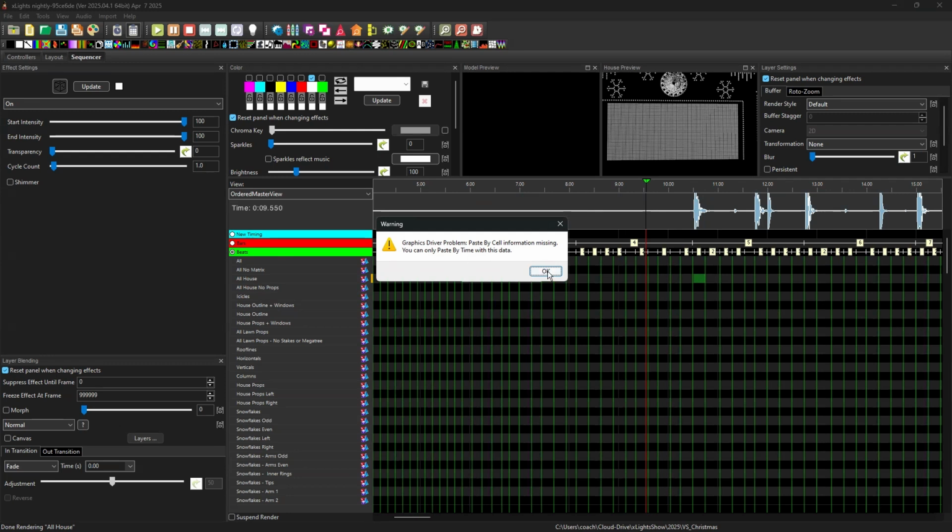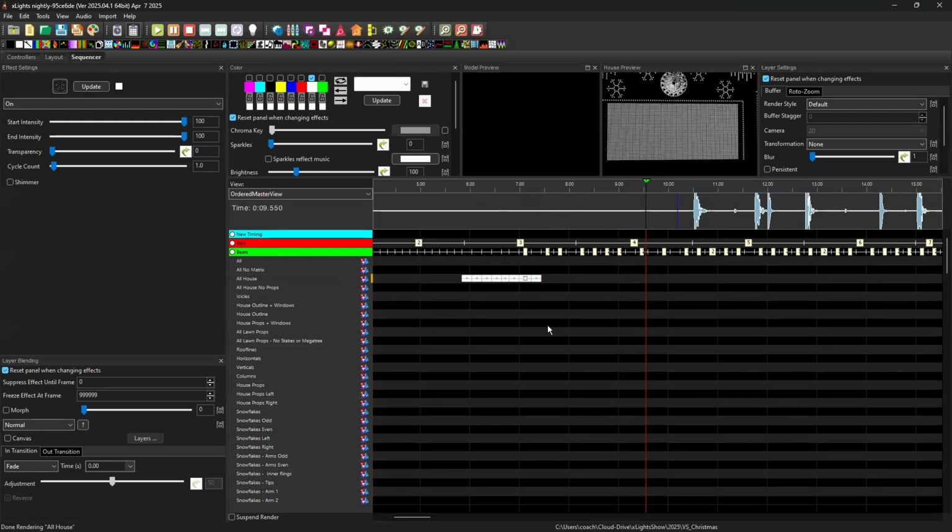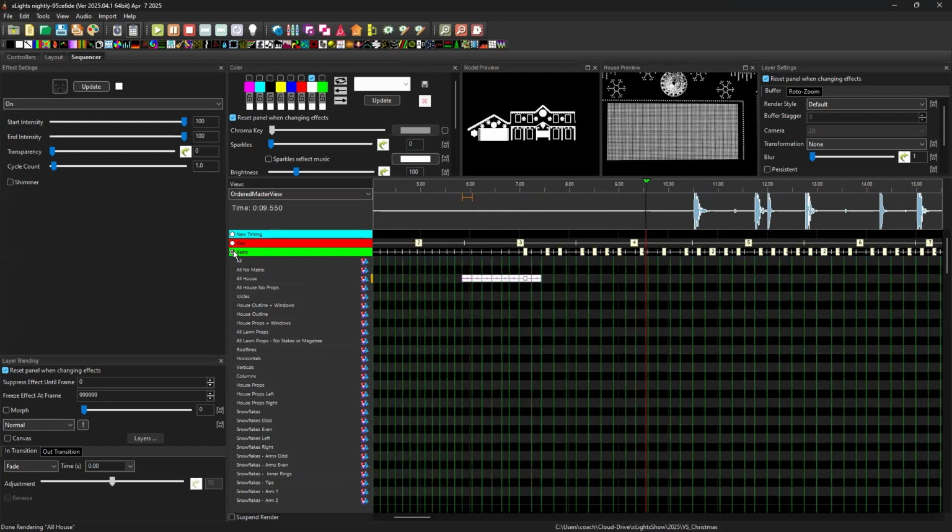If you're getting this, it's because when you copied the effect, you did not have the timing marks on. So you've got to make sure your timing marks are on and make sure only one is on, or sometimes it struggles with which one you're trying to line up with. So if I have them on and I paste by cell,